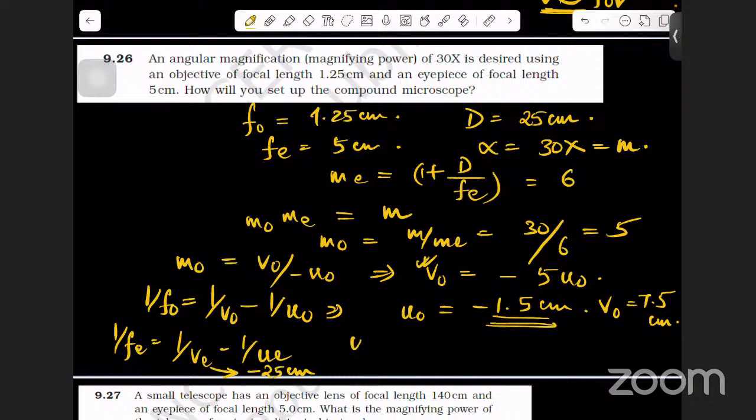And the separation is v naught plus ue, the magnitude. So you get v naught as 7.5, and this is 4.17, which is